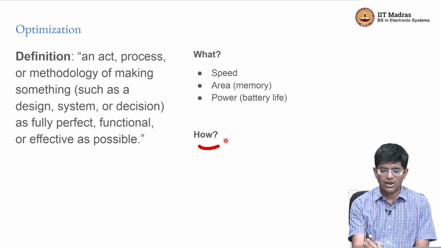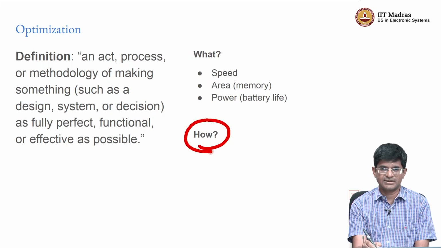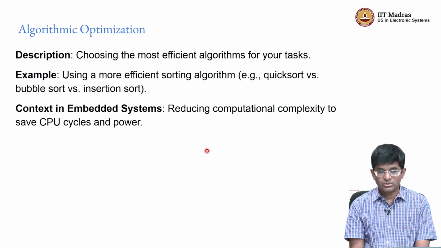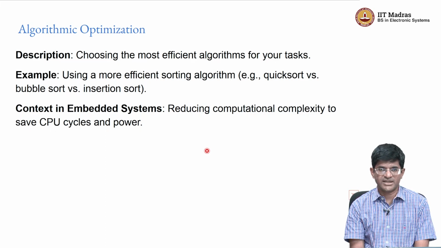So now comes the question, how do we go about optimizing all of these things, right? What are the knobs or the keys that are available to us to change any of the parameters over here and thereby explore different possible options in terms of optimization. Now, one of the first and foremost is what we call algorithmic optimization, right? And what we mean over here is, how do you choose the most efficient algorithm for the task that we have at hand, right? And an example of this is, let's say you are given the task of sorting a